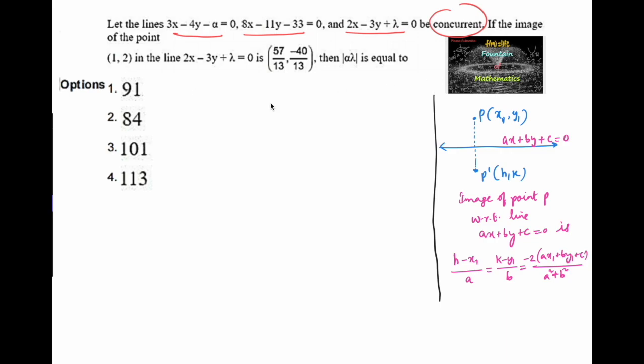Now let's consider the image of the point (1, 2) with respect to the line 2x minus 3y plus lambda equals 0, and it is given by (57/13, minus 40/13). So let us use the formula for the image of a point with respect to a line. So we can write 57